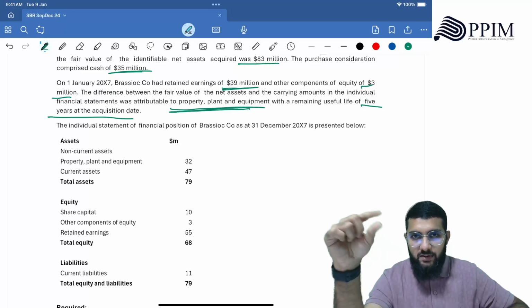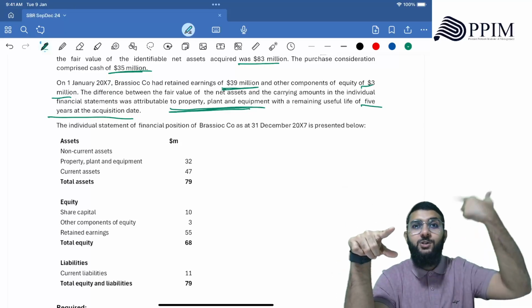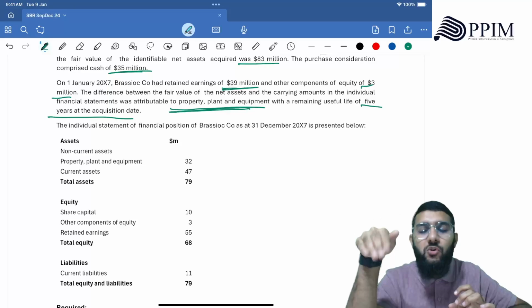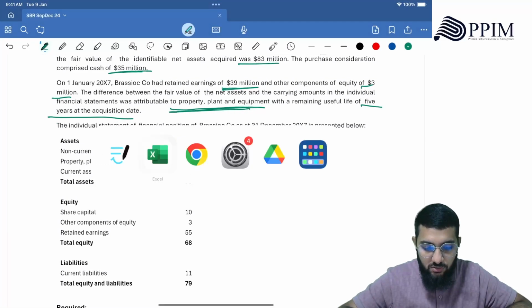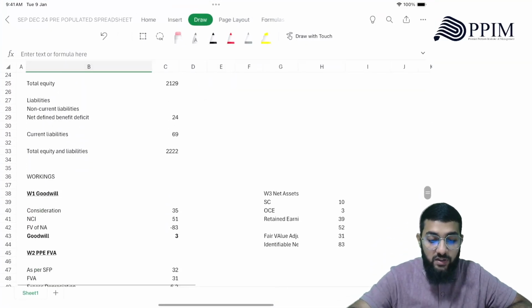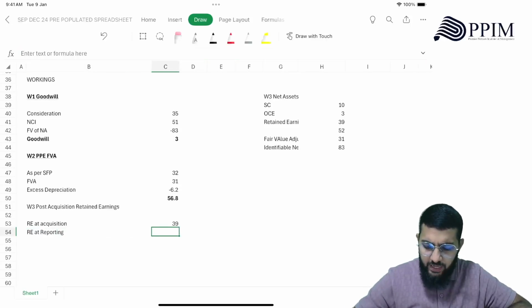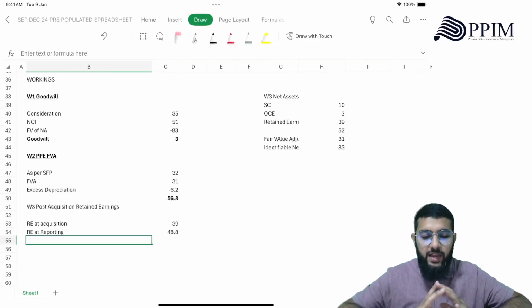The closing retained earnings is where the excess depreciation should have been done, right? Expense. So that brings your retained earnings down. So retained earnings at acquisition is what we have, and retained earnings at reporting date will be 55. We know it was there, minus we deduct the excess depreciation, and our retained earnings at reporting date is 48.8